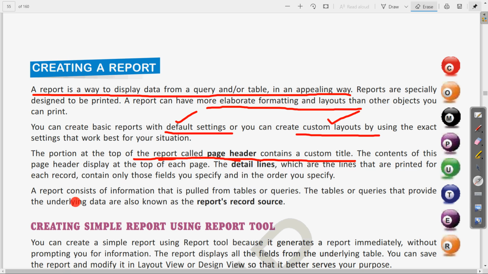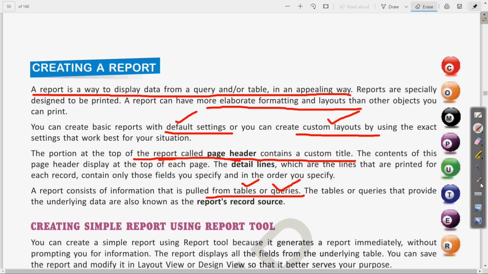Then, a report consists of information that is pulled from tables or queries. As we have seen, we have created the queries, and we have seen how we can format or make changes in the table. So all of the data present in these tables and queries will be used for creating the report. Clear?